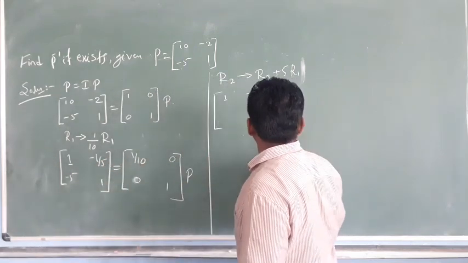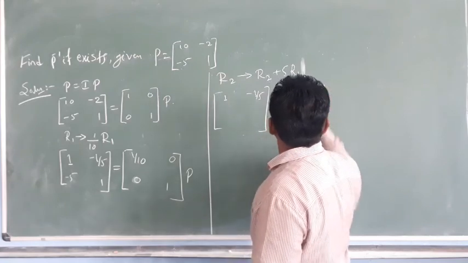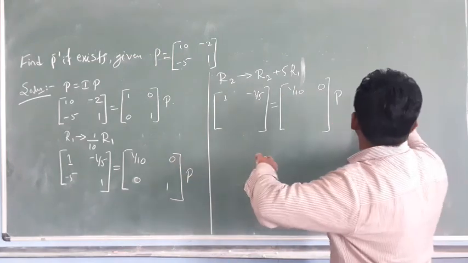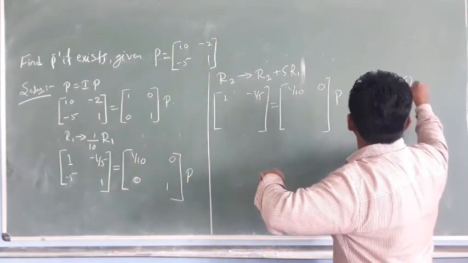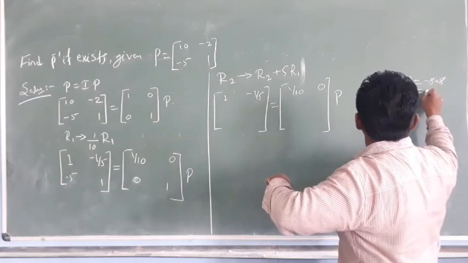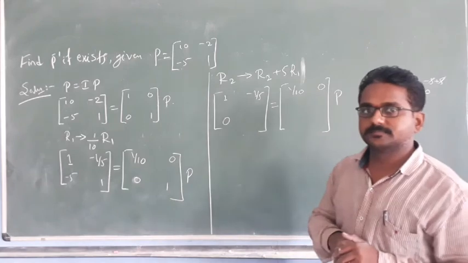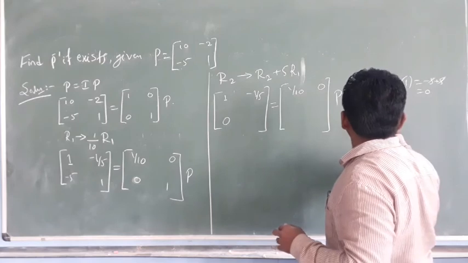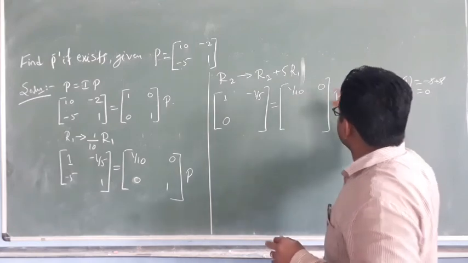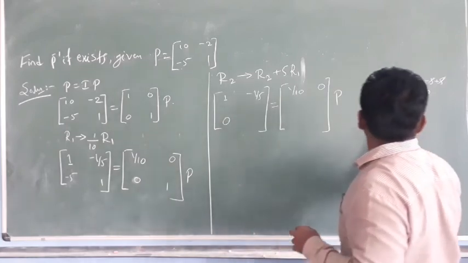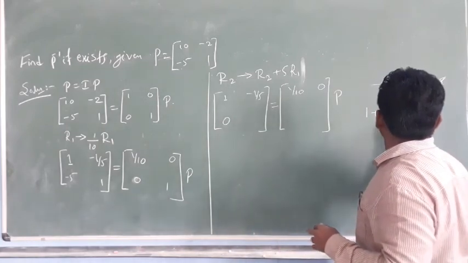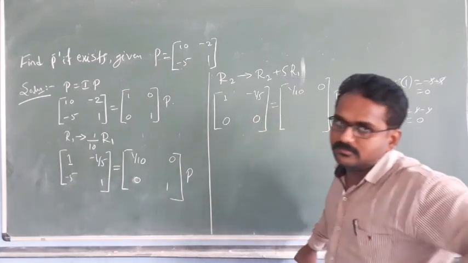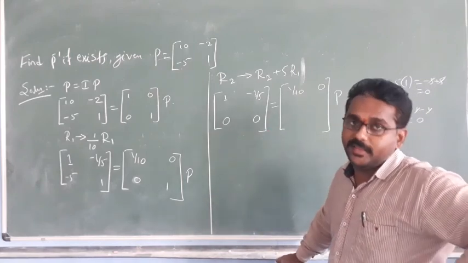So equals to the matrix. What is that? 1 by 10, 0. So I am performing on the R2 value. What is the R2 value here, students? Minus 5 plus 5 into R1 value. Minus 5 plus 5, you get cancelled, you get the 0. So write it here. Okay. Next, what is the second element? 1. So 1 plus 5 into, what is the R1 value? R1 value is minus 1 by 5. 5 gets cancelled. You get 1 minus 1, which gets cancelled. You get the 0. Oh my God. There is no 1 obtained.